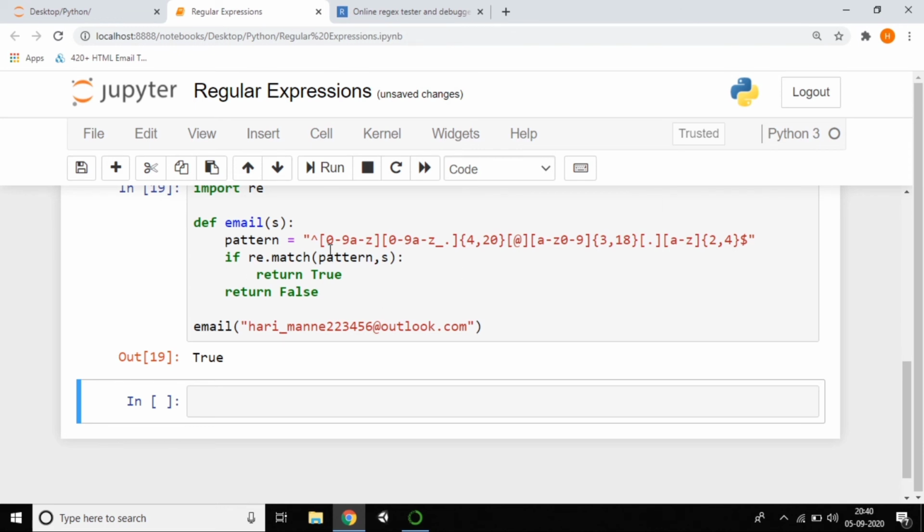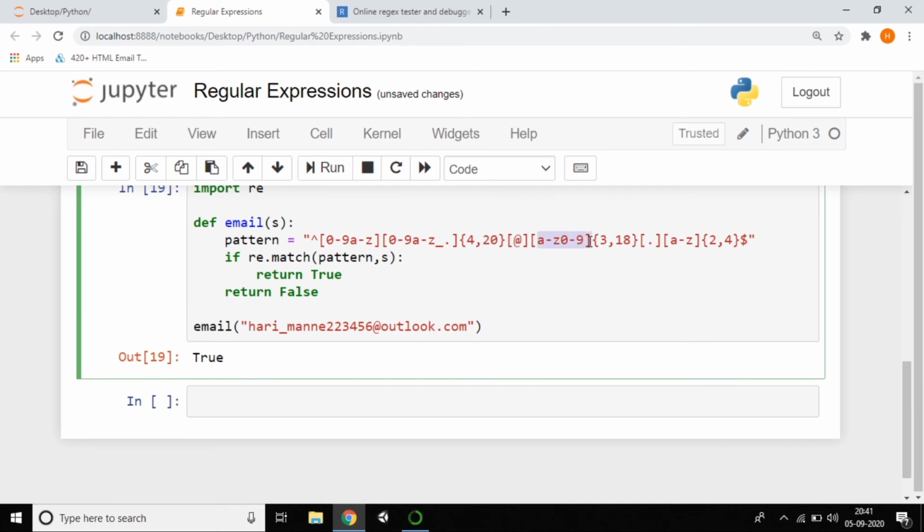So I gave 0 to numbers as well as characters, and I'm giving underscore also. You can give more characters. At least the Gmail will have 4 characters. That's why I'm starting at 4. You can give 100 also. I'm limiting to 20 because almost all Gmail IDs are, of course, around 20 characters. That's why I'm limiting. So at the rate gmail.com or whatever it may be, outlook.com, it has to take.